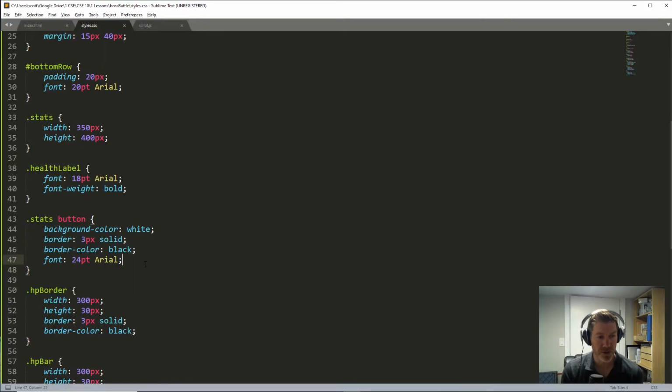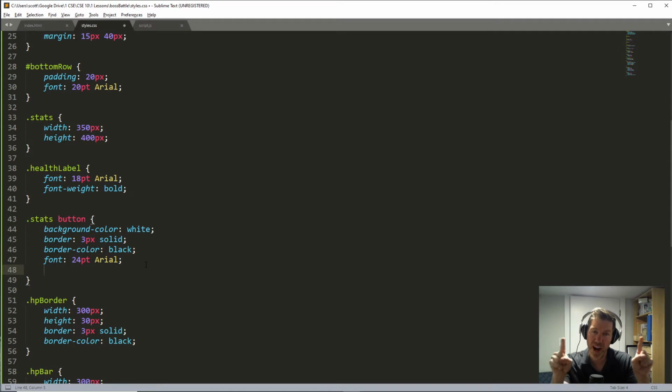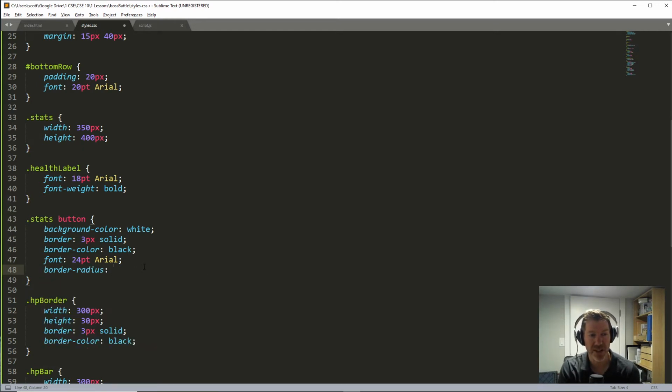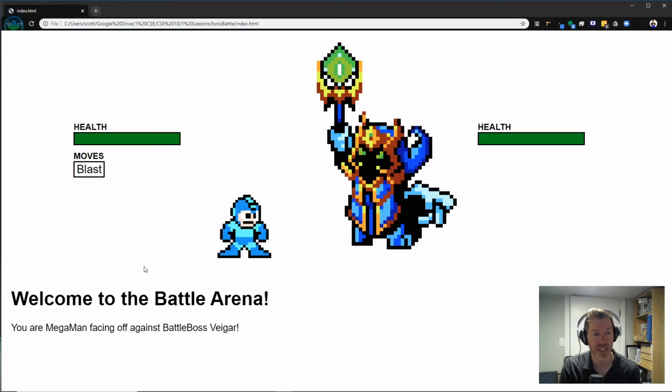What we can also do is give rounded corners, which is kind of nice. Or we could do a completely rounded on the sides. To do that, we do border radius, and now we can give it a pixel value. How big of a radius do we want? So if I go 20 pixels, there we've got that. It looks a little bit funny though,